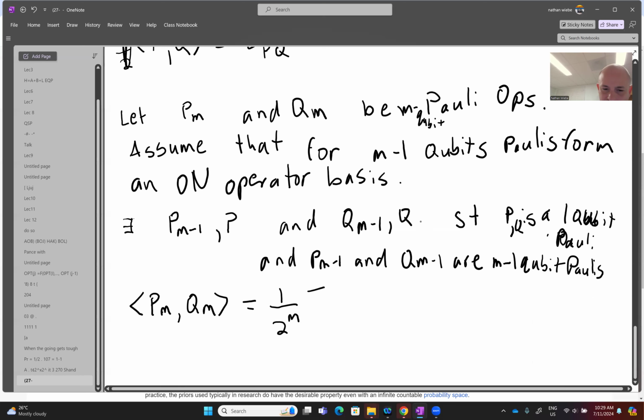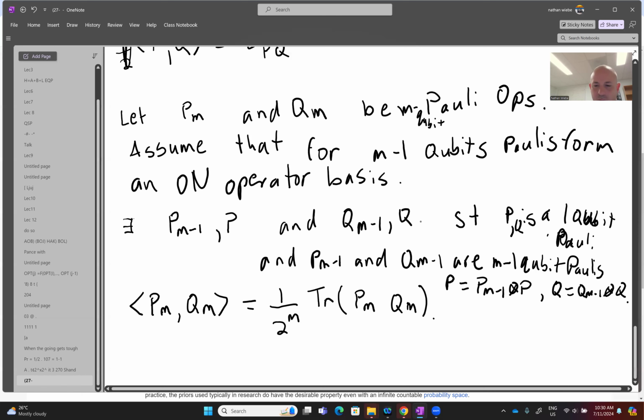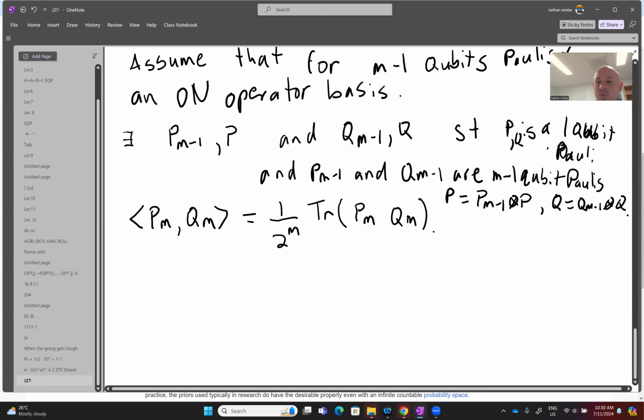The next thing is we've got to worry about the trace here of PM and QM. Further, I forgot to mention that we're going to assume that P equals PM minus 1 tensor P and Q equals QM minus 1 tensor Q. That was kind of an important fact, sorry for doing the whole Memento-style storytelling with this, but in any case, we're assuming that this is a tensor product with the results, and now we can use